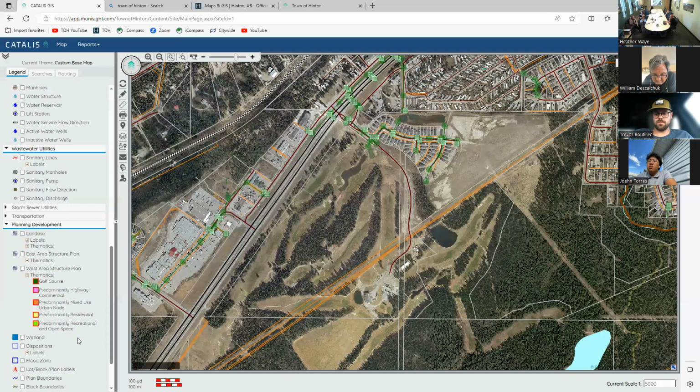In fact, the dark green in the thematics is actually labeled golf course. So the intention is to always leave it a golf course. You know, one of the other concerns that you mentioned was residential development adjacent to the golf course or on the golf course. Part of that process is the public hearing process, which is a mandatory process when there's